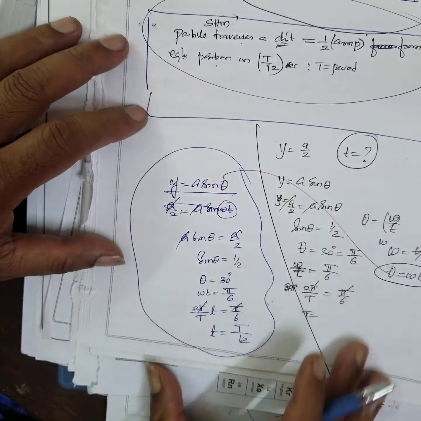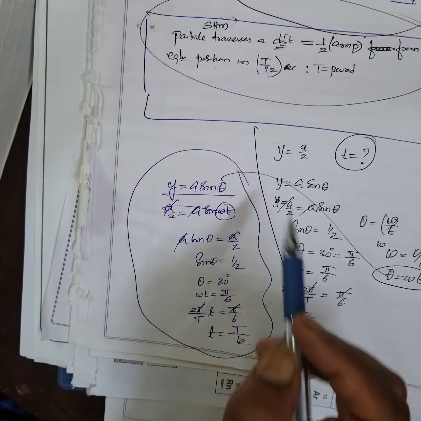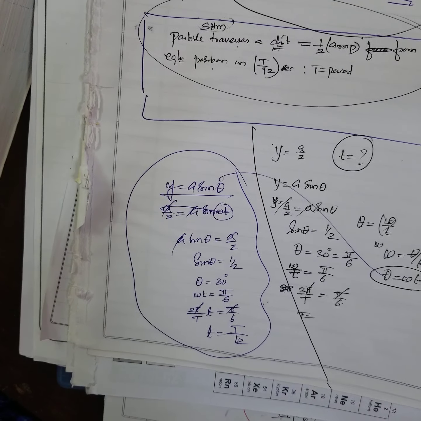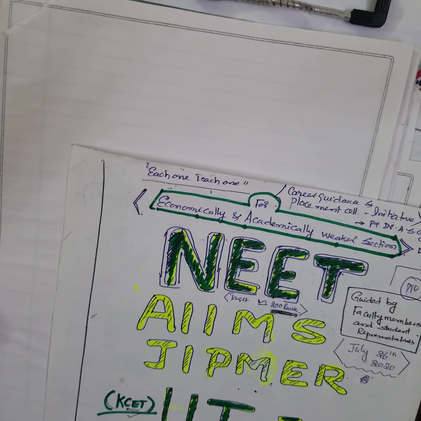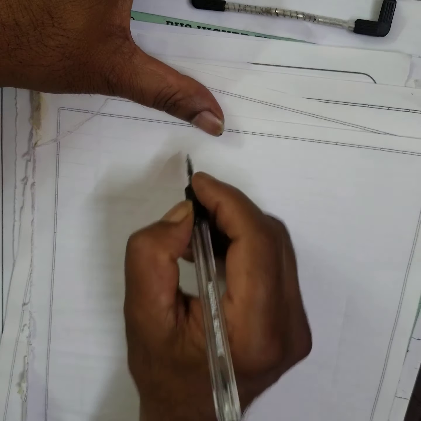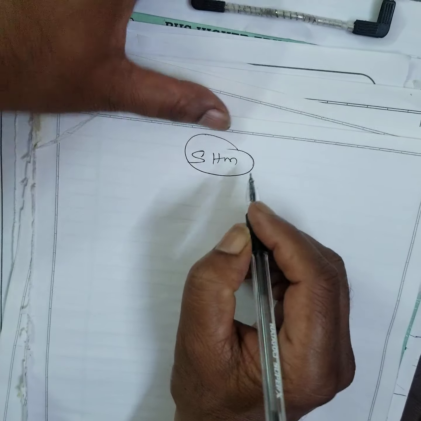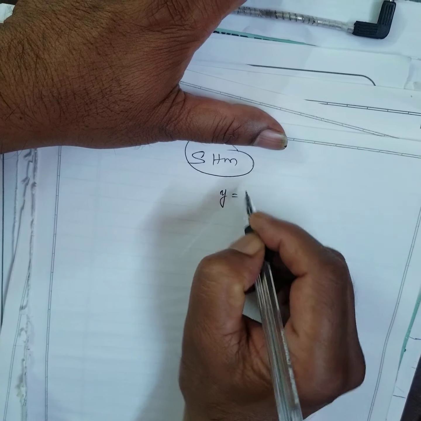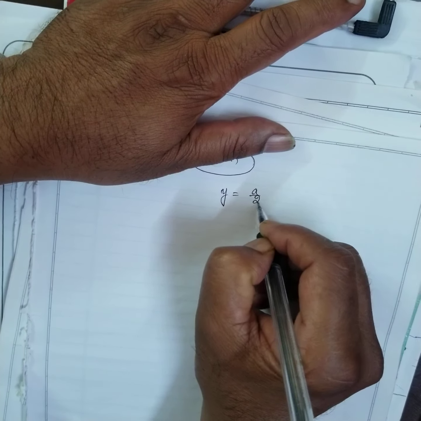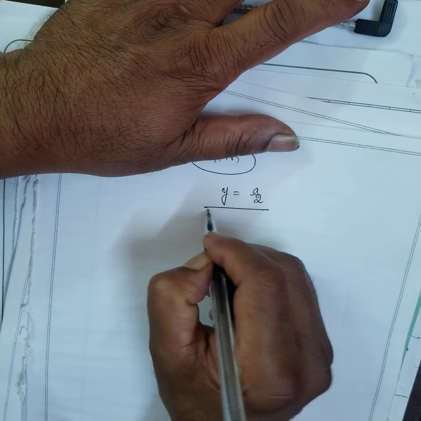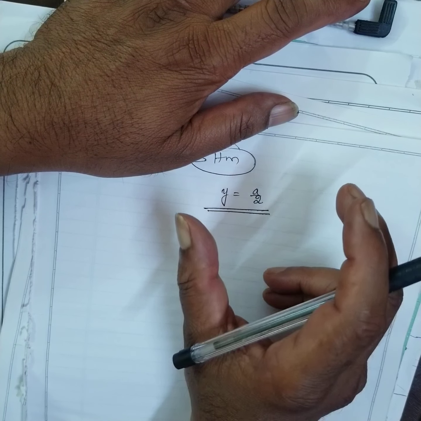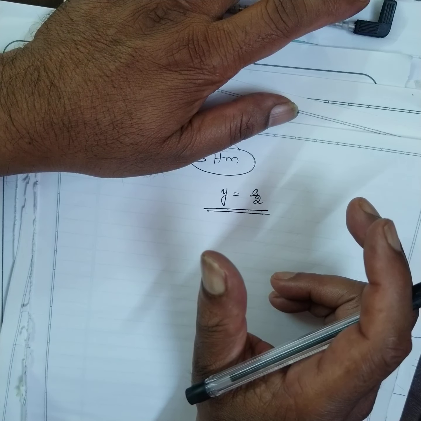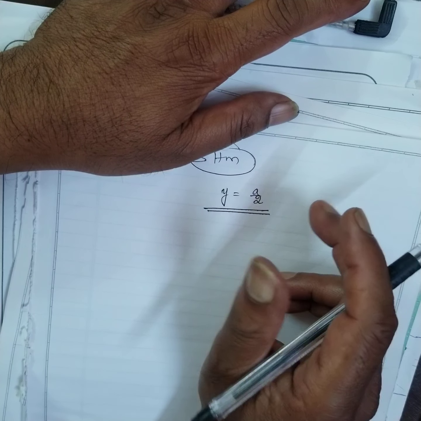Look, if you have worked it out already, then in the examination you can mark the correct answer in a different way. If a particle travels a distance equal to half of its amplitude, during the simple harmonic motion, the particle travels a distance equal to half of its amplitude from its extreme position.